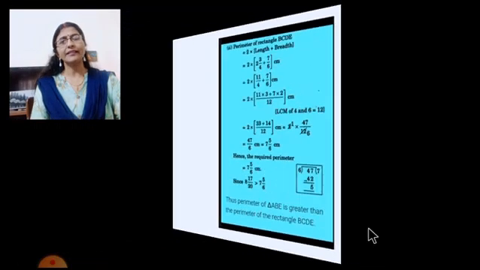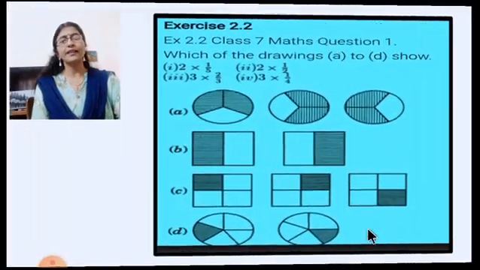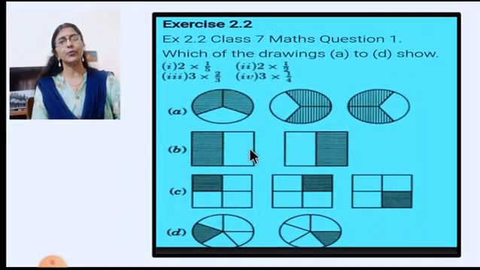So let us see the next question. This is of exercise 2.2, and you can see here by pictorial representation they have shown some product of the whole number by fractions. So let us see here, 2 multiplied by 1 upon 5, 2 into 1 upon 2, 3 into 2 upon 5, and then what is the fourth one? 3 into 1 upon 4. We'll see how to correlate them. You have to find out which drawing represents all these multiplications.